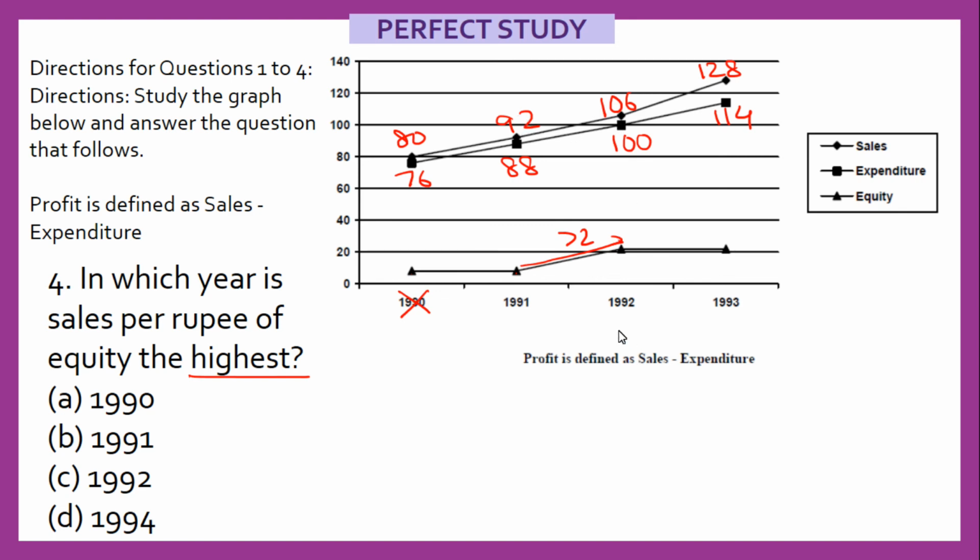No, definitely not. That means your 1992 will not be the highest. Why? Because the denominator is becoming more than double. The rate of increase in the denominator is more than the rate of increase in the numerator. That is why 1992 is not possible. Now 1993, the denominator value is remaining the same. 92, 93 value is the same, so I can compare with this also. And for the numerator, I can take 92 to 128. But again the same point, the numerator is becoming less than double, but the denominator more than double. So 93 is also not possible. Answer must be 1991.